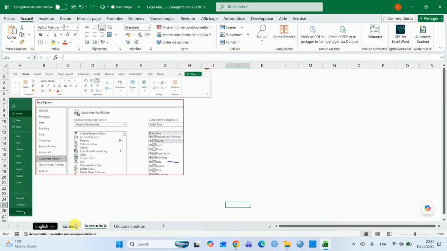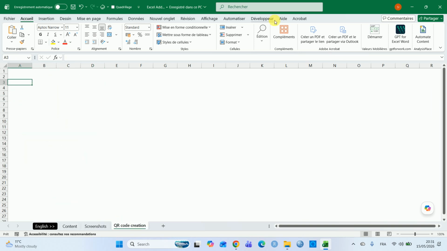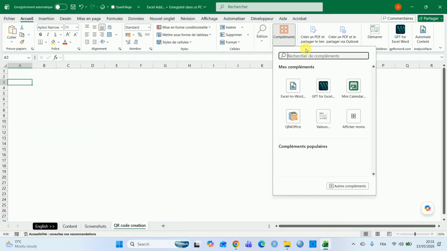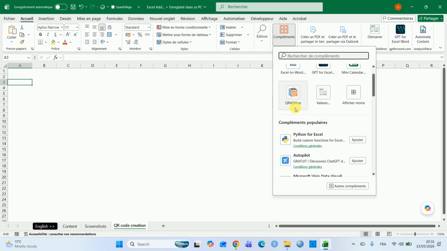And we move next to the first part of the course, which is QR code creation. So we go here to add-ins. If it's not directly available here, you will choose it in the list below and click on Add, which is Ajouter. So QR Office,